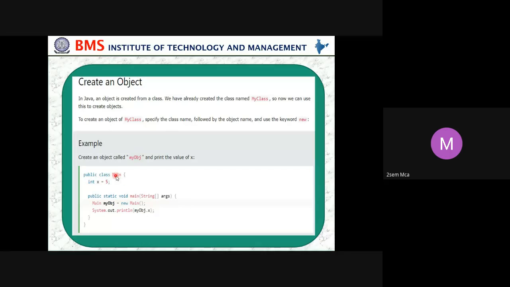Instead of main, it is better to use something else. Okay, the main string argument, and because this class is main, how do I create my object? We use new main. Then we print my object dot x, where x is taken from the class. And my object is the object we have created.